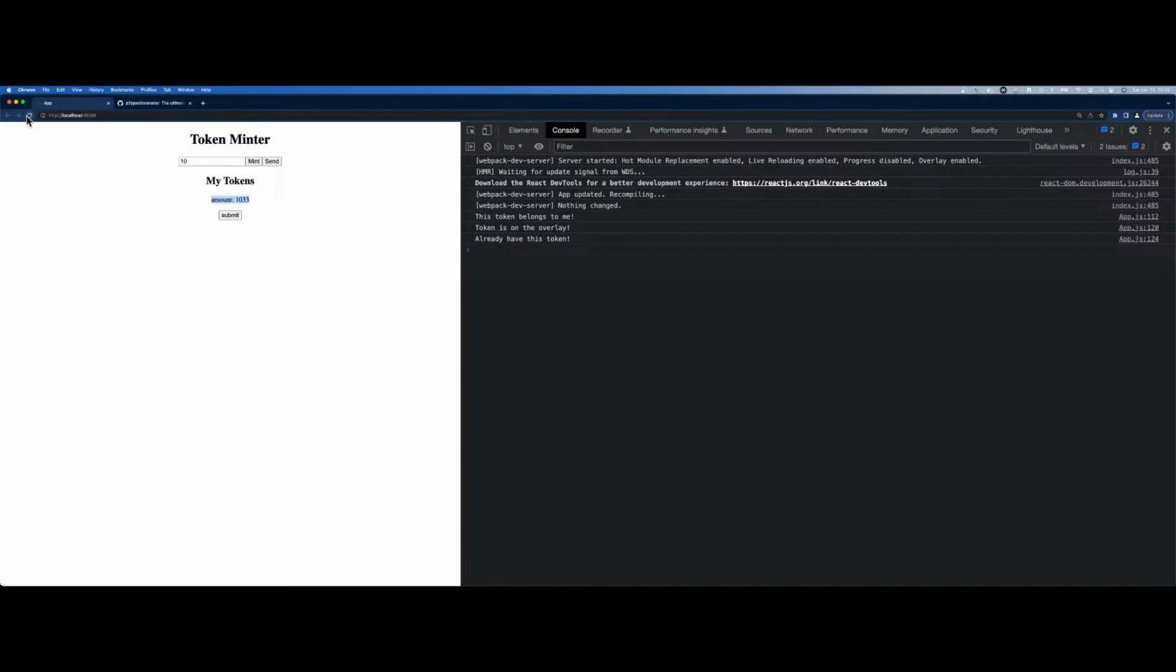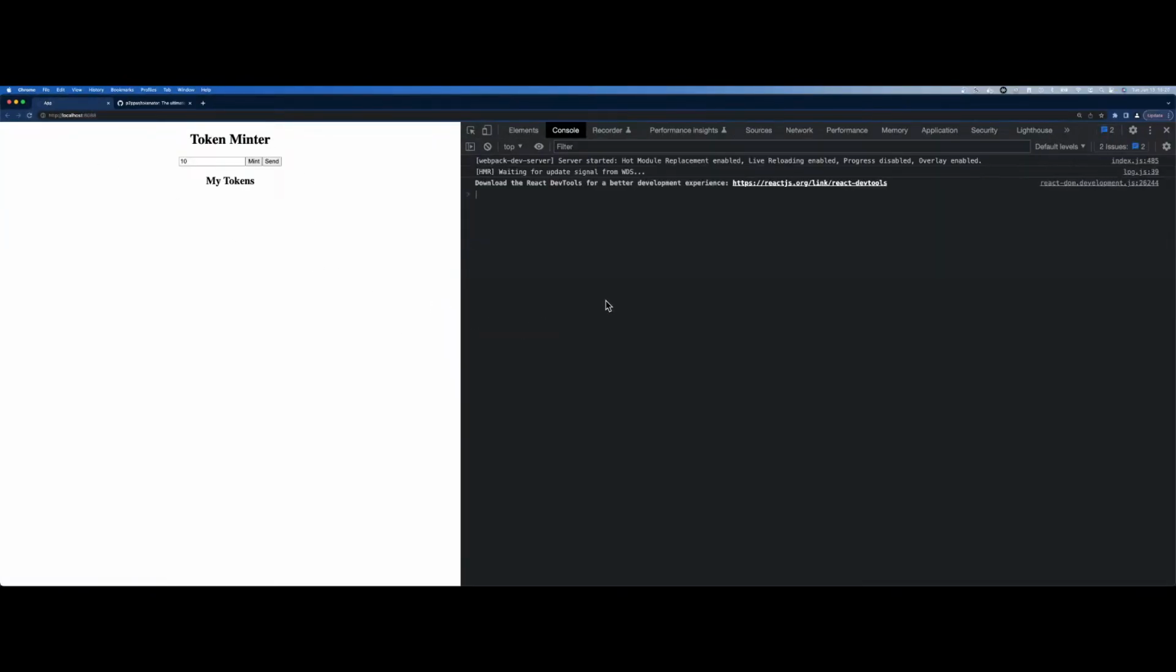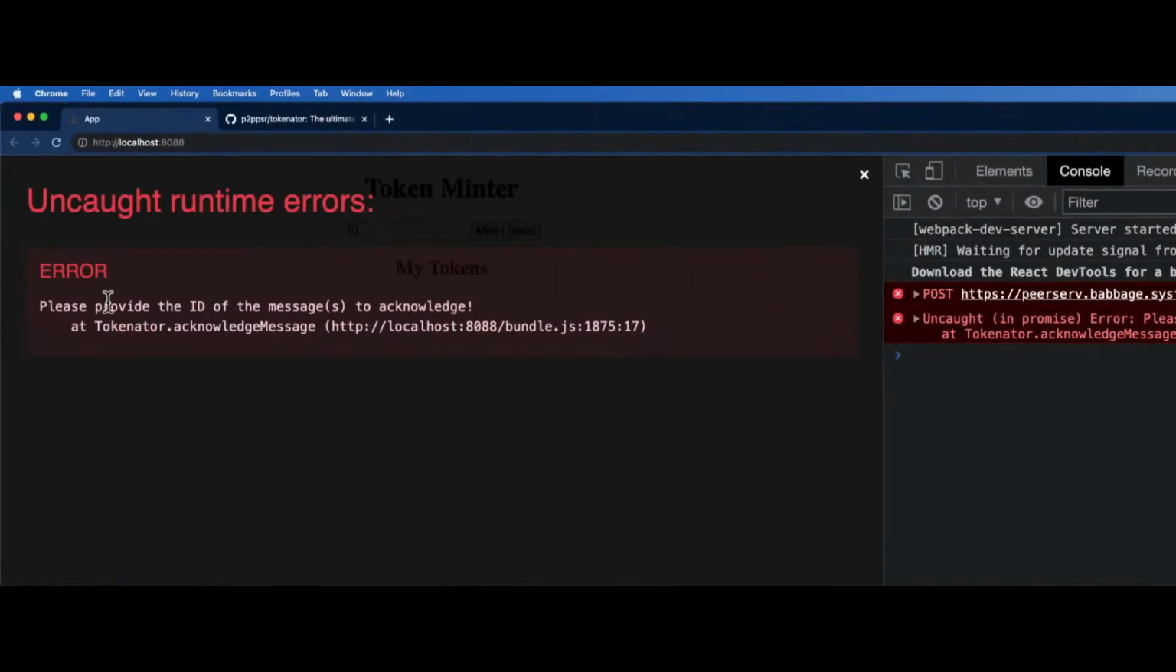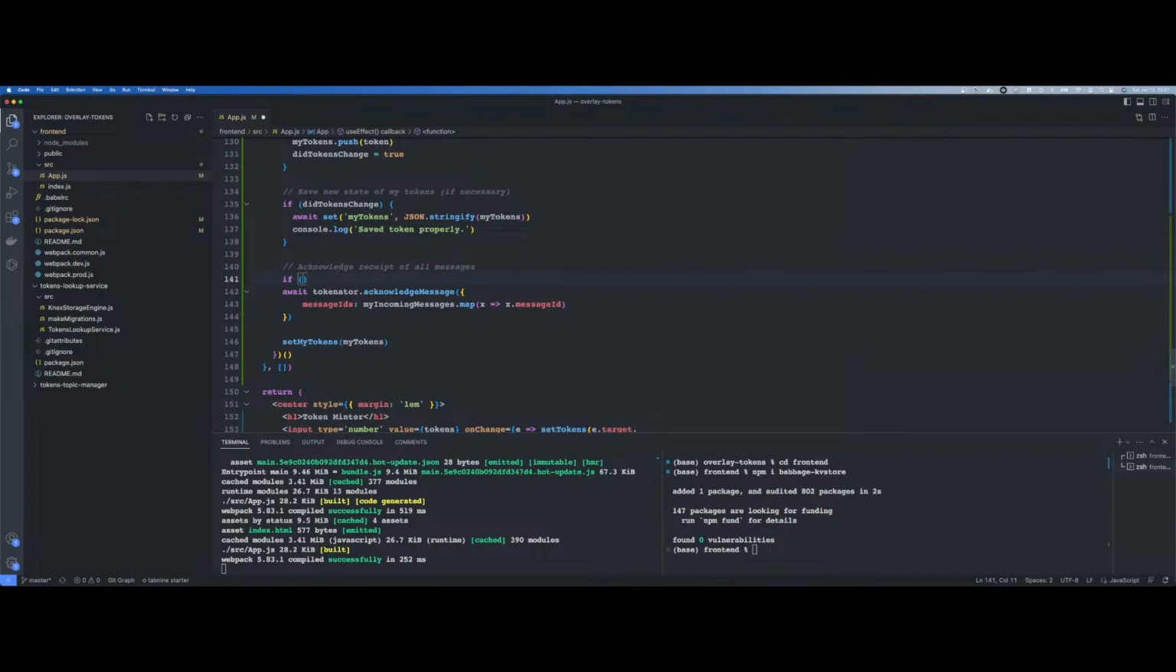Now, if I refresh this the last time, and the next time, we shouldn't see this whole token is on the overlay because we're not doing any processing anymore. We've already acknowledged receipt of that token. So we should just have the my tokens variable now. Let's see what happens here. Oh, okay. So if there's no messages, we only acknowledge the messages if my incoming messages dot length